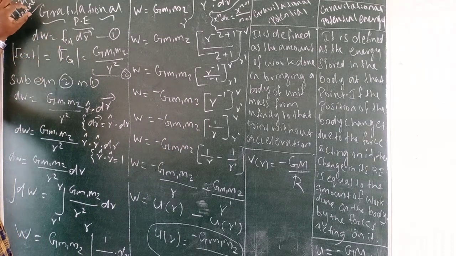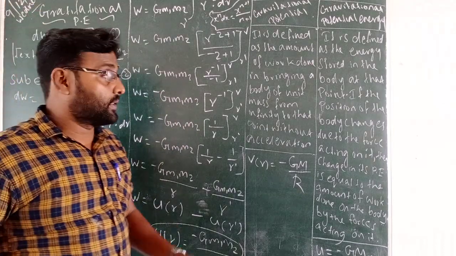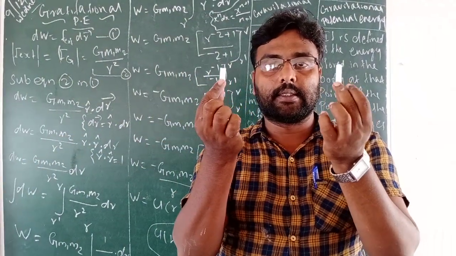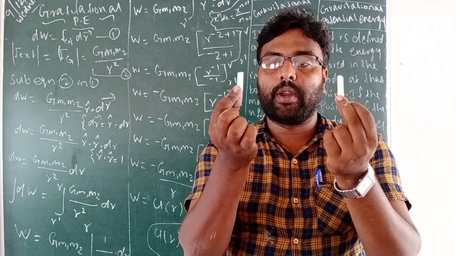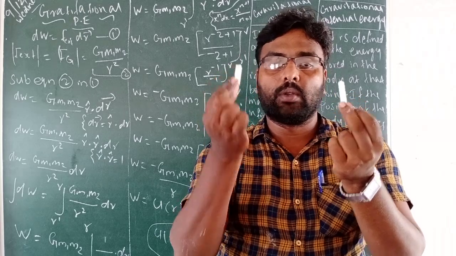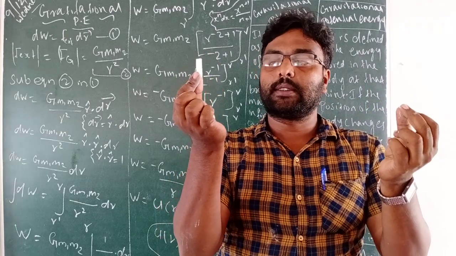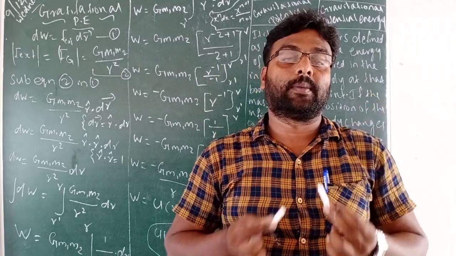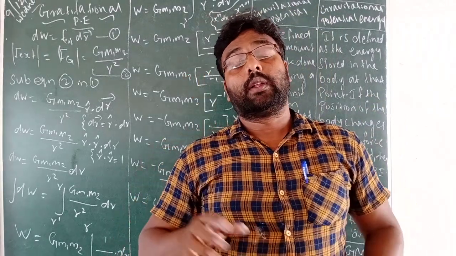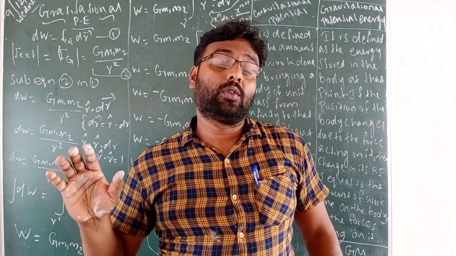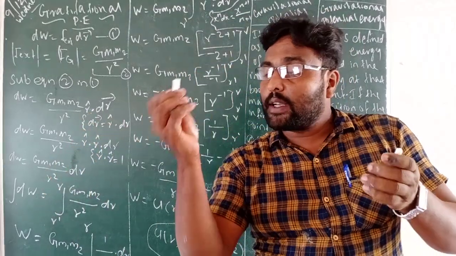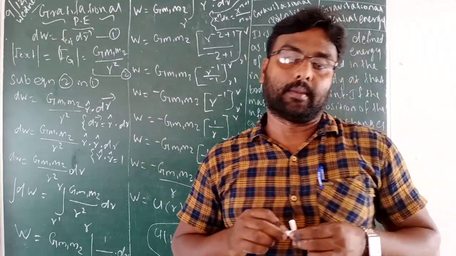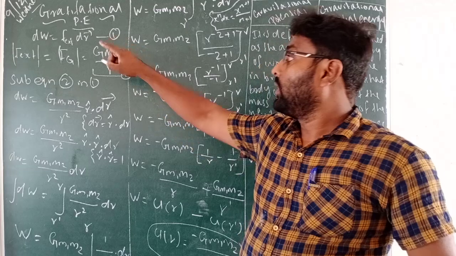You say first thing, gravitational potential energy here. You have to consider two masses at this distance. This distance is R dash. Now you are bringing this mass M2. This is mass M1. This is mass M2. This mass M2 at distance R. First R dash, then R. So there must be some work done to bring this mass M2 from the distance R dash to what, R.